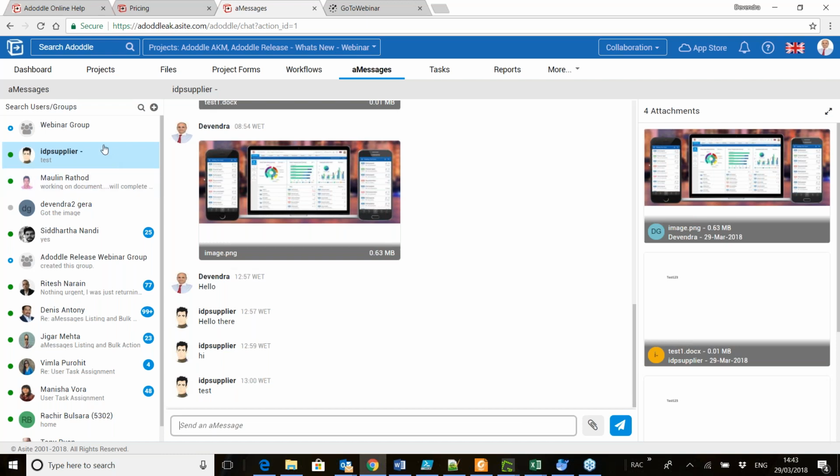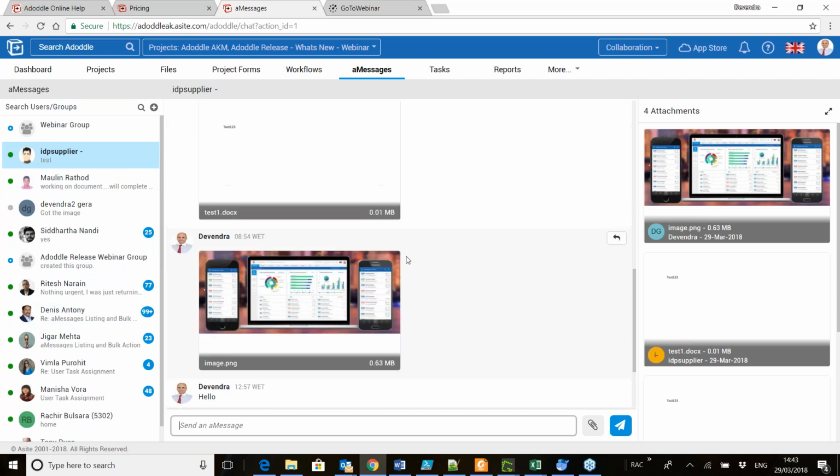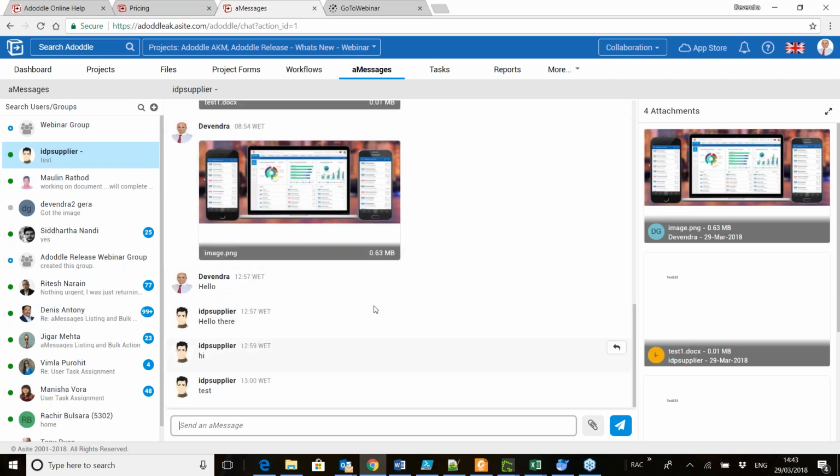So these are the list of my contacts, and that is my main screen area where I can send and receive messages. And the right hand side shows the metadata around the messages as well as the groups. So if I show you how a group can be created,